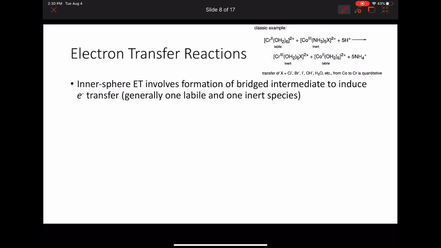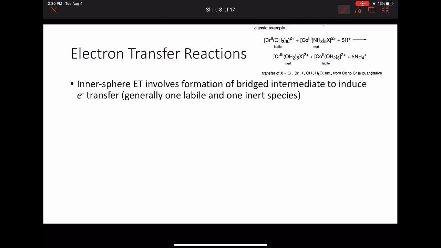So our inner sphere ET reactions involve formation of bridged intermediates that help induce the electron transfer. And then we also have the transfer of the ligand that goes along with it. Generally, this is going to involve one labile and one inert species. If we consider the classic example shown in the top right, then we have